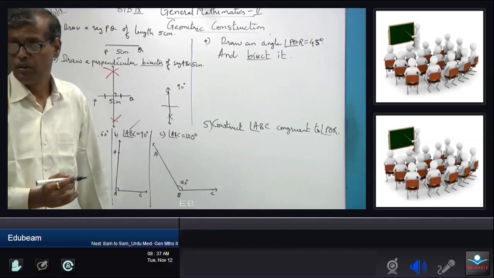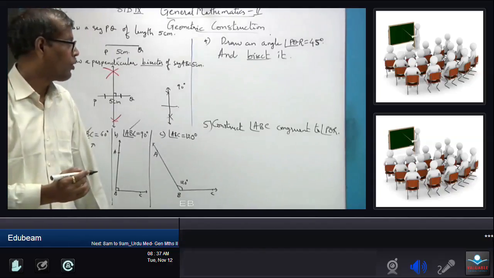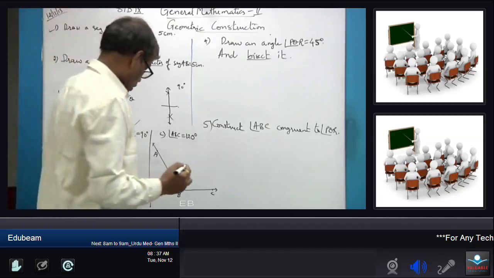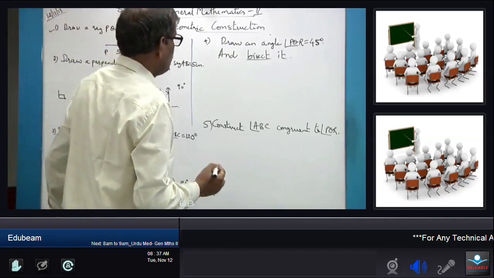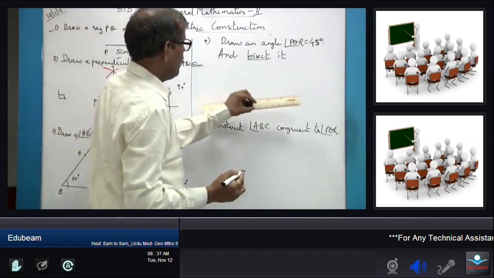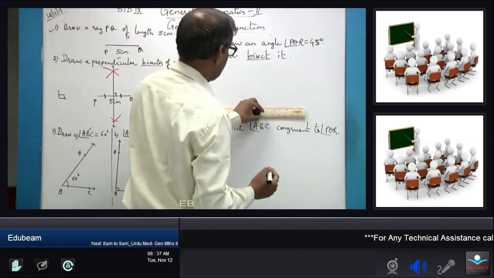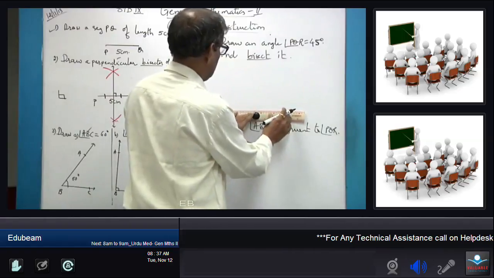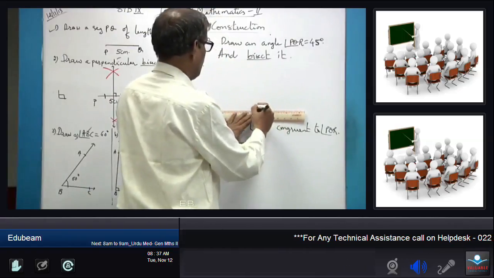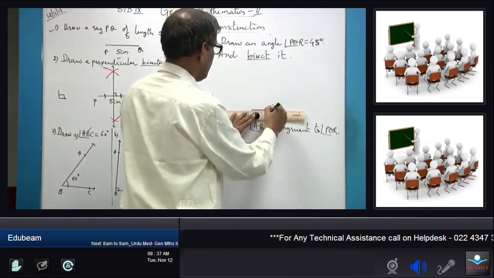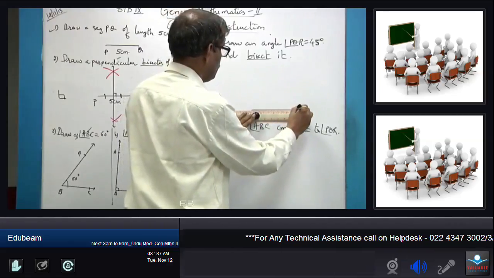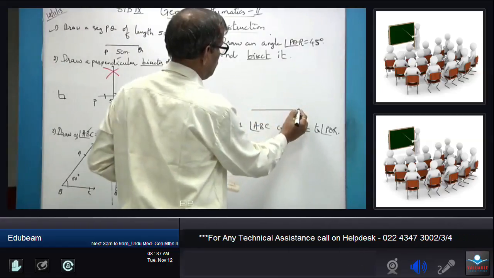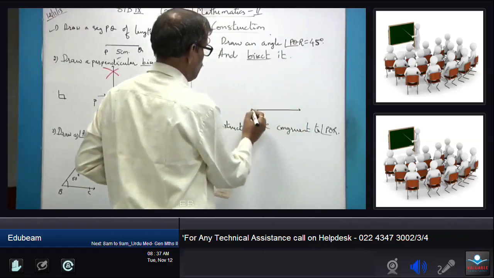So the fourth question we have finished. Let's take the fifth question. Read it out. What is given to you? Construct angle ABC congruent to the angle PQR. You are given an angle PQR. In a question paper or somewhere it is given to